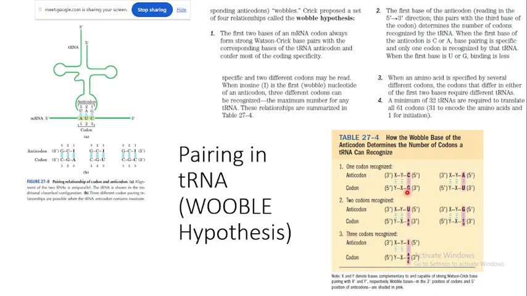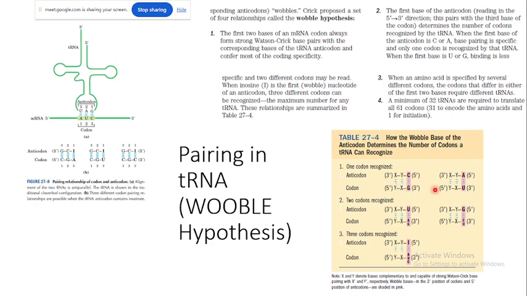For example, here you can see that one codon is YXG and the other is YXU. So the first two nucleotides are the same, and only the third nucleotide changes, which base pairs with the wobble nucleotide of the anticodon. So for that you will require two different tRNAs, right?